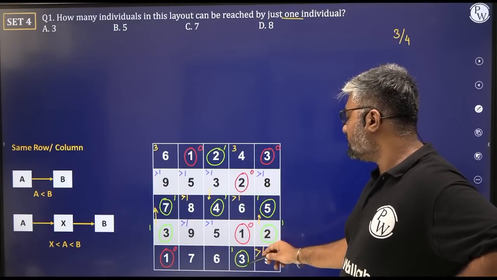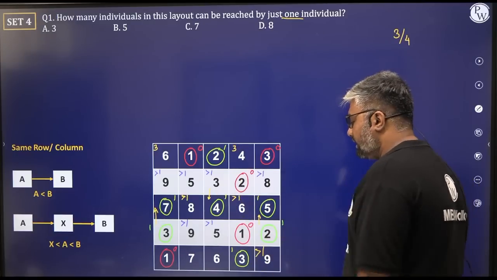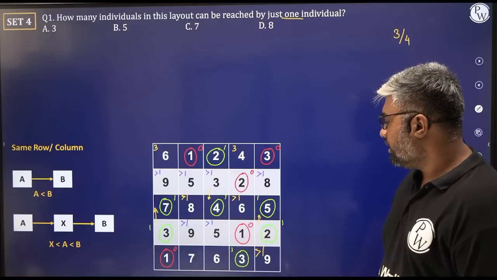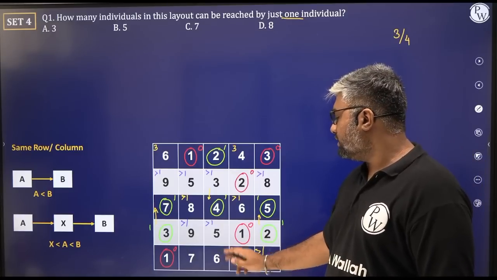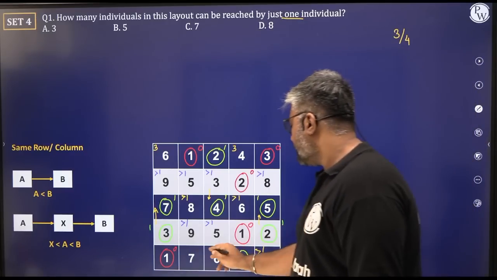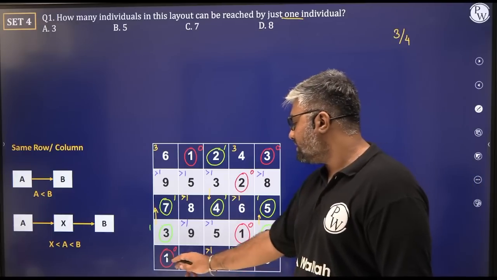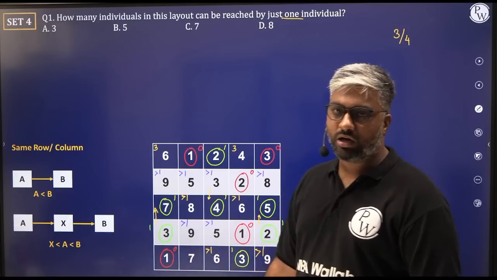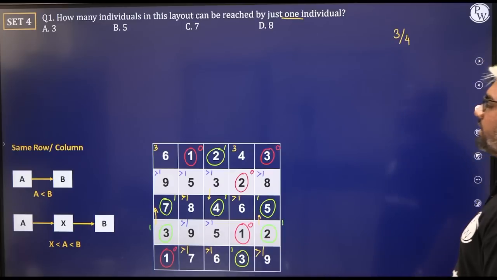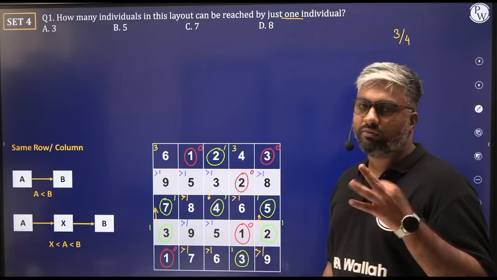So if we cannot go 6 to 3, we need not even talk about 2 and 4 further. Same way, it's not reachable from 6, not from 9. So just 1. What about the 6? You see that there's more than 1. It is possible from 5, possible from 3. Leave this greater than 1. Let's talk about this later. What about the 7? Again, 7 is reachable from 1 and from 6. Not going to talk about it, greater than 1. Right? The ones that I marked greater than 1, we are not going to talk about. Otherwise, the rest is what we need for the first 3 questions.